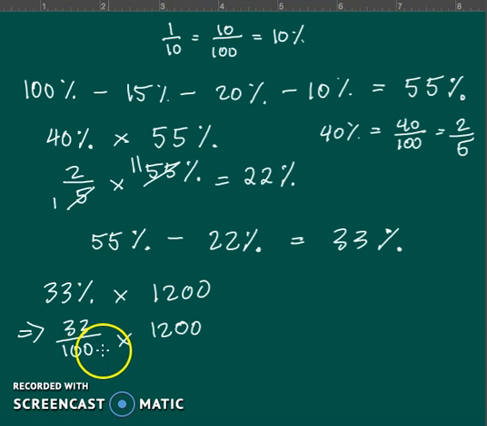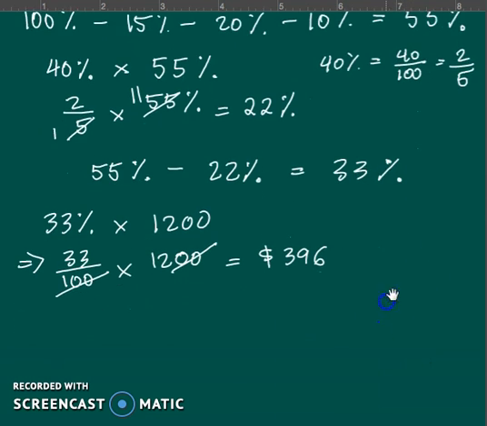And we've got a common factor of 100 here, so I will get rid of the 100, and 1,200 will become 12. So 33 times 12 is 396. So that is how much she saved every month, but the question is asking how much she saved in